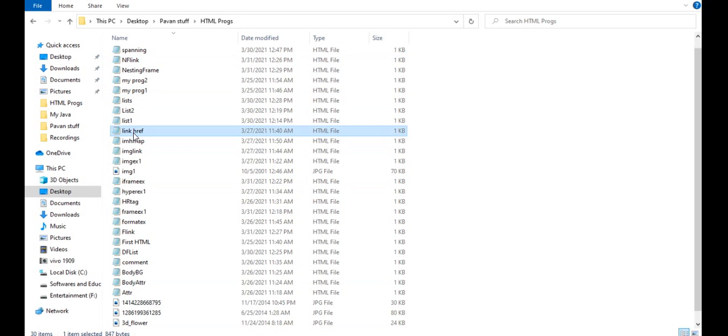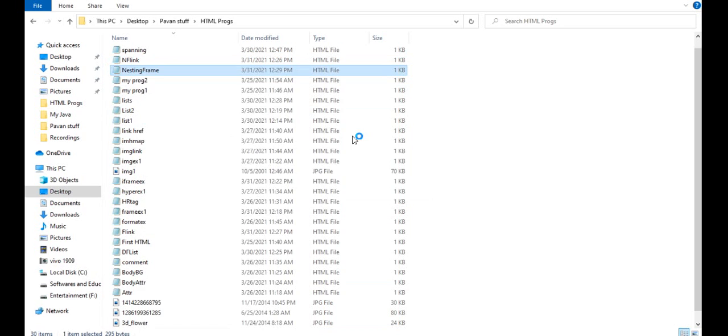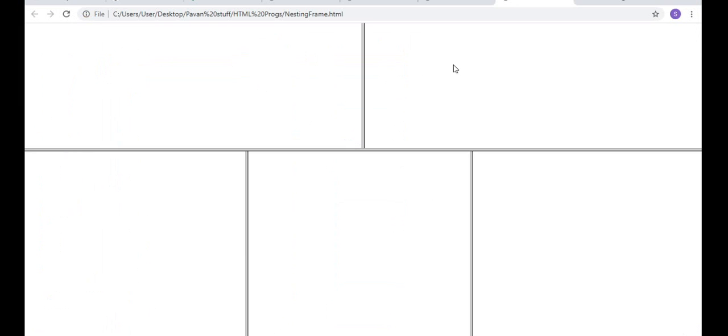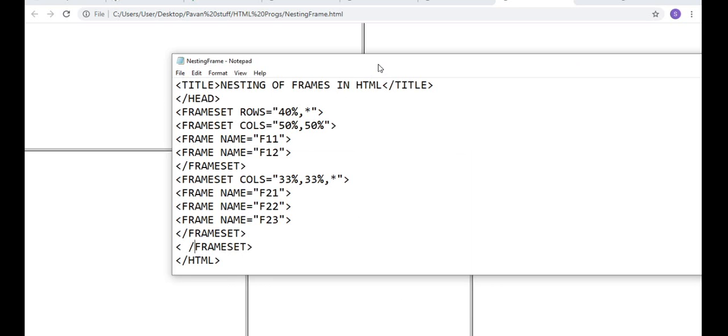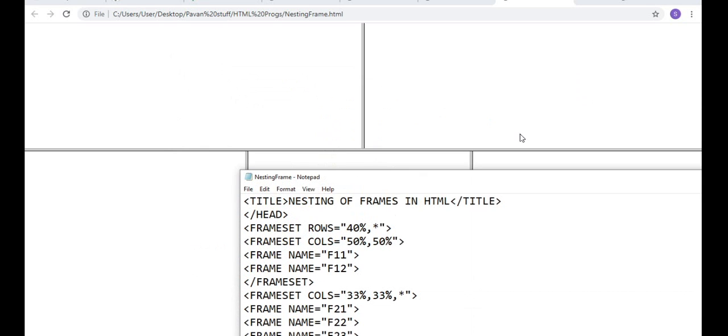So where is that program? Yeah, nesting of frames. Right click, open with Chrome. So here you can see nesting of frames as per the program. I said rows 40% and remaining, so this is 40 and it is 60. Frameset F11 and F12.